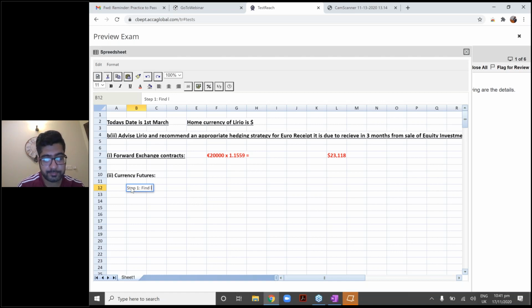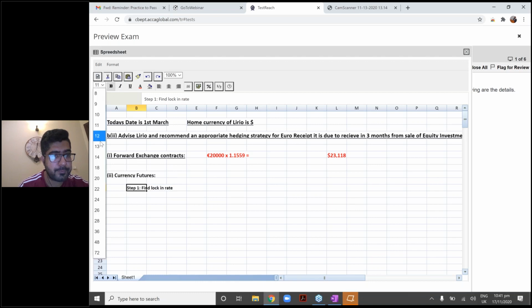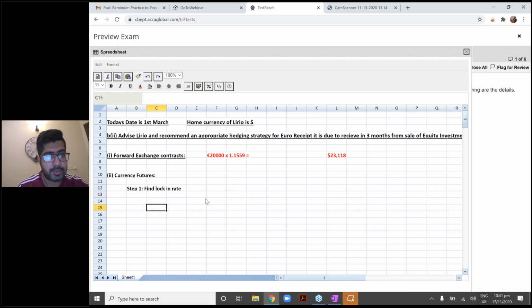Step 1 is to find the lock-in rate. Now, how will you find the lock-in rate and average rate? Okay, you are given